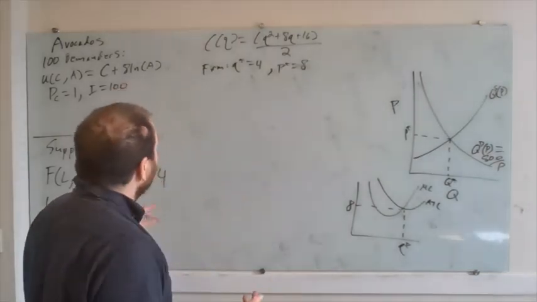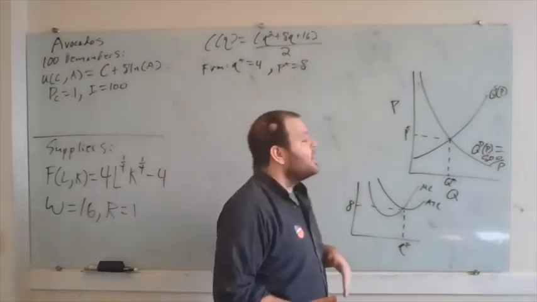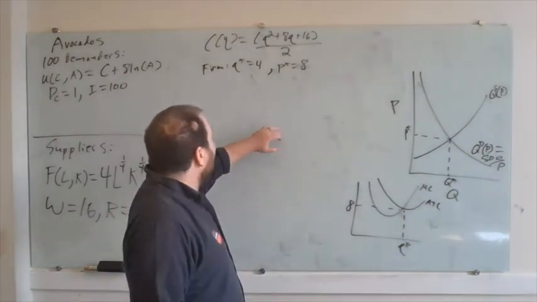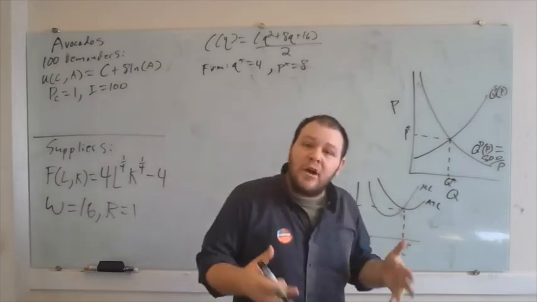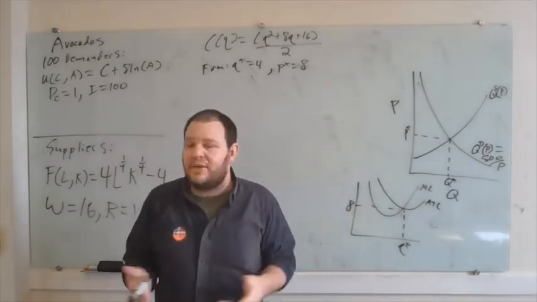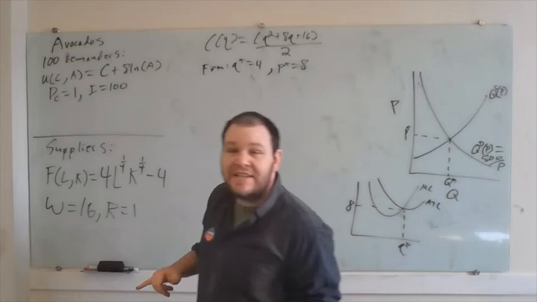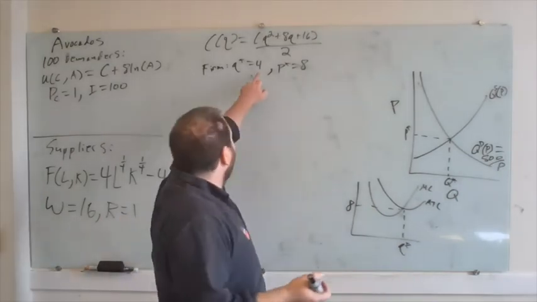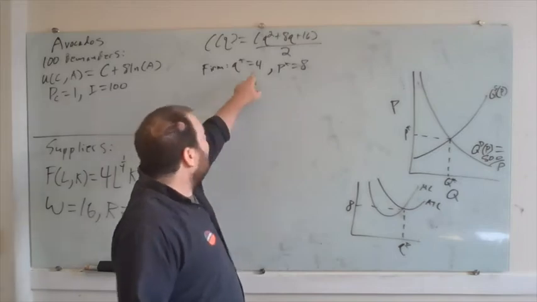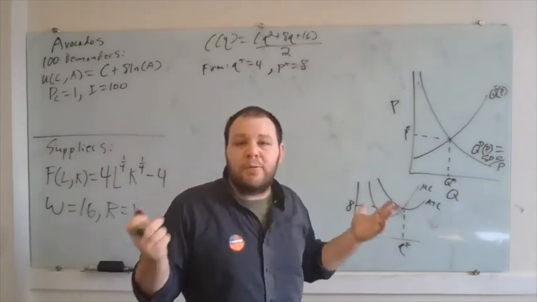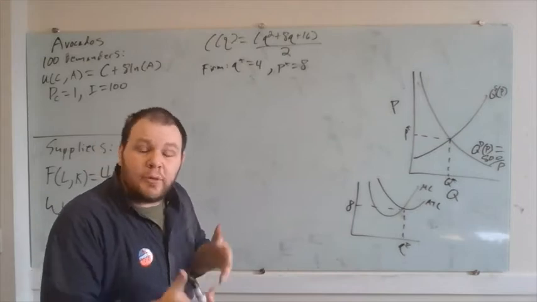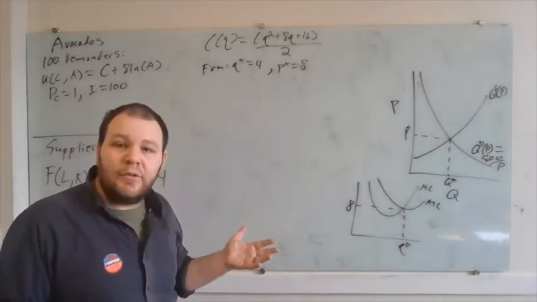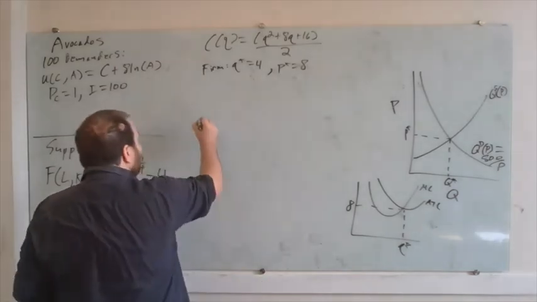So if this is how much each firm is going to produce, how much is the market as a whole going to produce? It'll produce as many avocados as you want at a price of 8, as long as avocados are a constant cost industry. In other words, as long as our wage stays 16 and our rental rate stays 1, if we wanted to produce 4 million avocados, we would just have 1 million avocado farms, each of whom is producing 4 avocados. If we only wanted to produce 4 avocados, we would have a single avocado farm producing just 4 avocados, right? So our supply